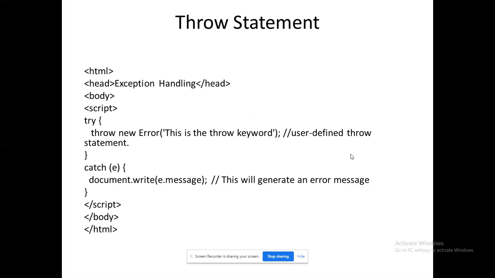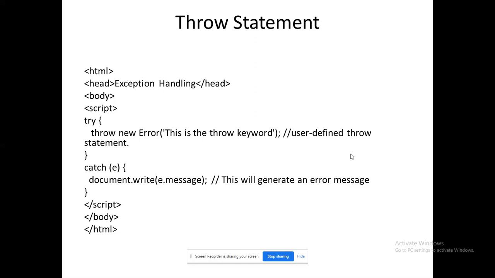You wrote some code and you are generating some error, which means that error must be identified by your code only. That is the reason why it is very good to customize your own error, generate it and throw it. That's the role of the throw keyword. It is used to throw the error created by yourself, a user defined error. It is used to throw the message from the user defined error. That's the usage of the throw keyword.